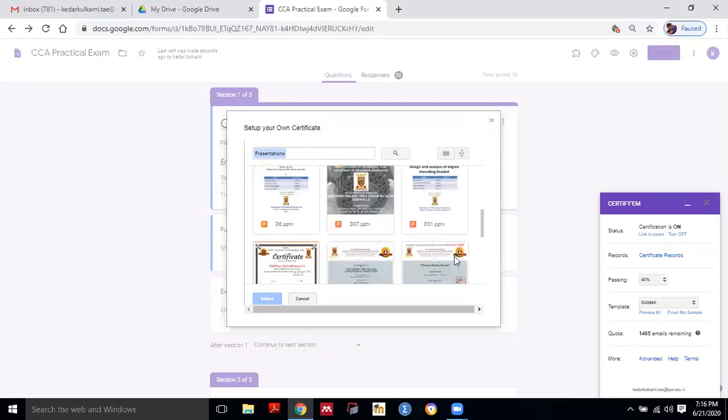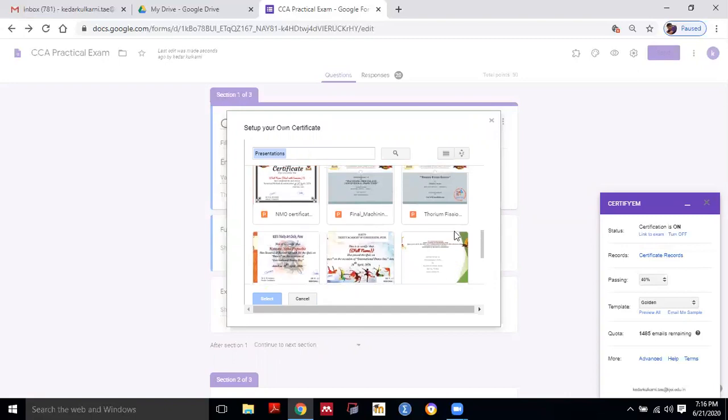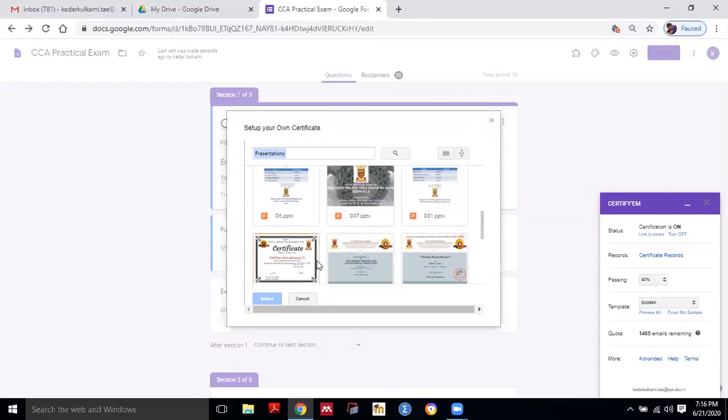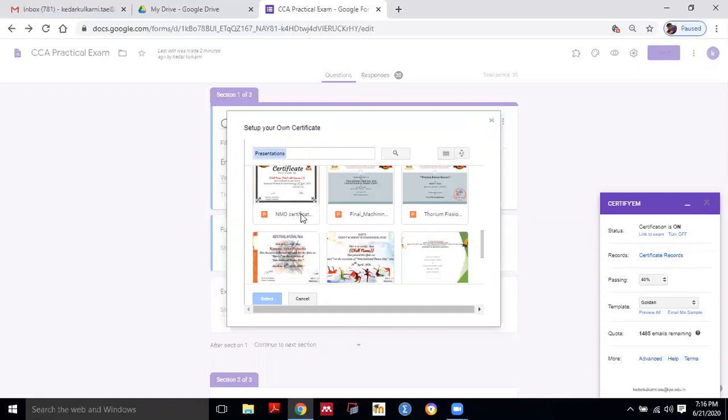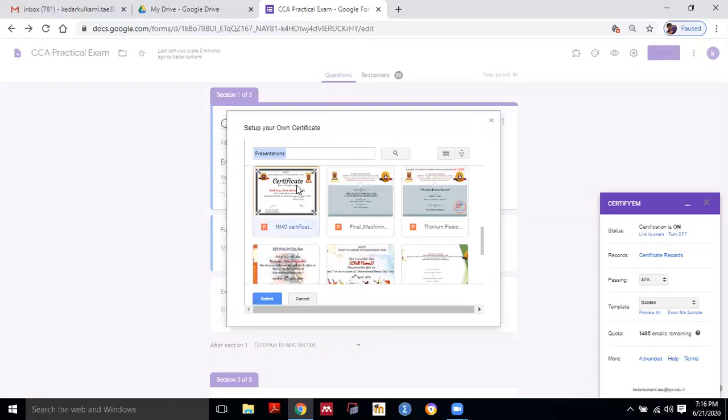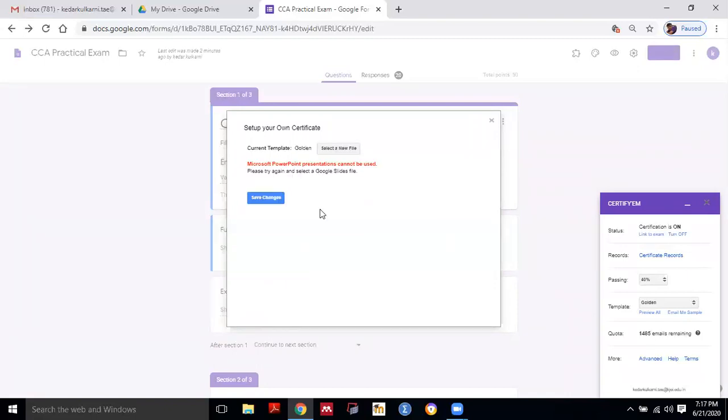So one of the certificate which I have created, that I will select. Remember, when I will select the Microsoft PowerPoint presentation, convert it to Google Slide, then it will not take. I have to create the certificate in Google Slides itself.